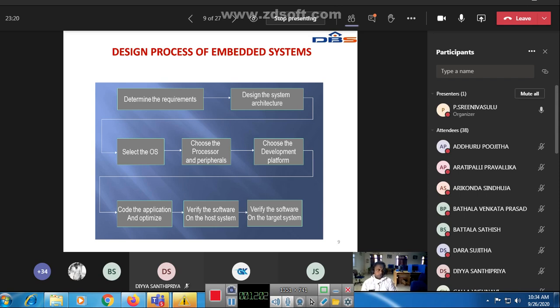And we have to verify whether that application is working properly or not. After verifying that, then verify the software on the target system. This is the final step. Host system మీద పర్ఫెక్ట్గా వర్క్ చేస్తుంది, మనం అనుకున్న రిజల్ట్ అన్నీ కూడా వస్తున్నాయి, ఇంకా ప్రాబ్లం ఏం లేదనుకున్నప్పుడు టార్గెట్ మనం ఏదైతే ఫైనల్గా